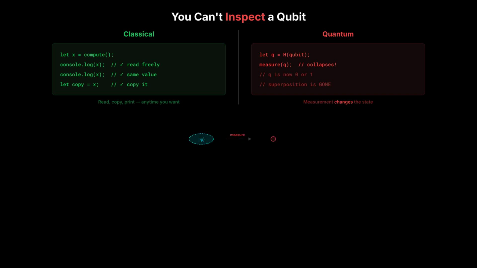And quantum data is not like normal variables. A qubit is not just a fancy bit variable that you can read and write to whenever you want. You can transform it, entangle it, or measure it, but you can't treat it like a normal mutable variable that you can inspect at every line.